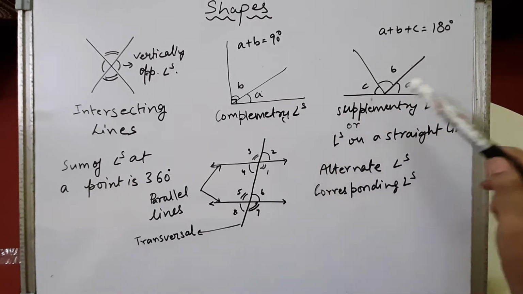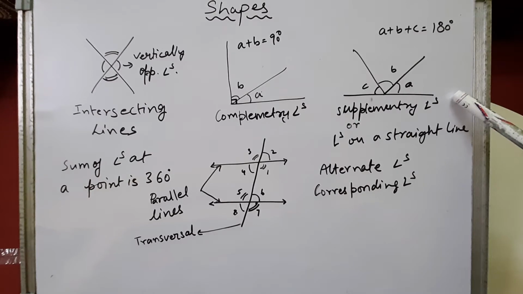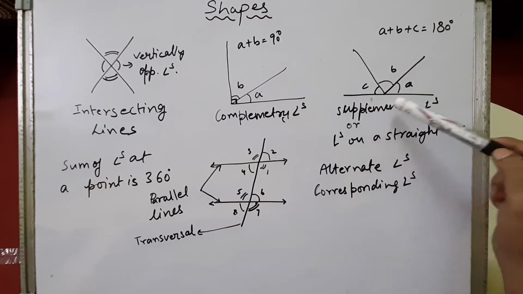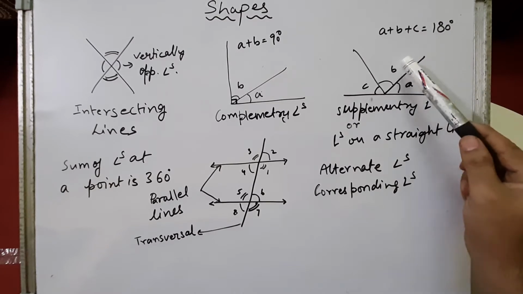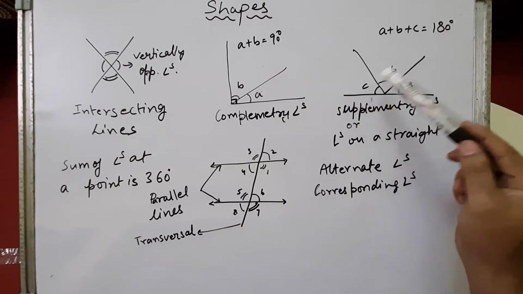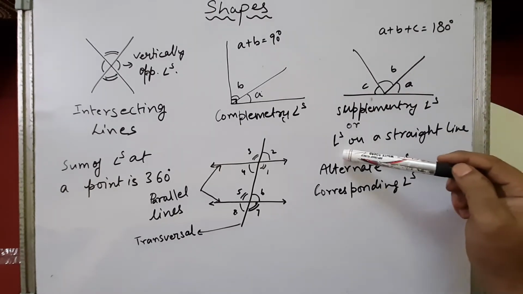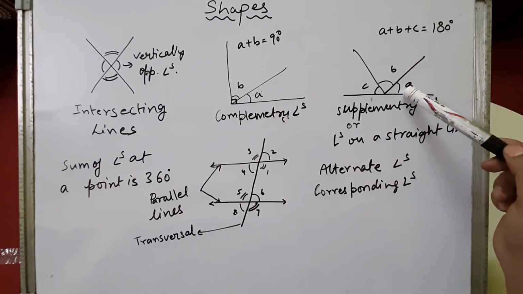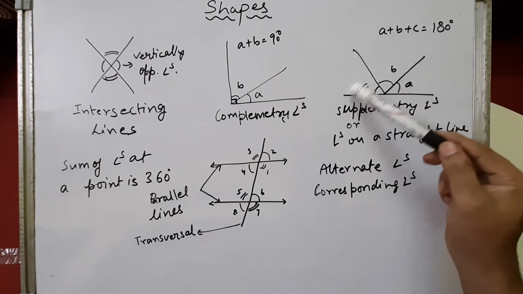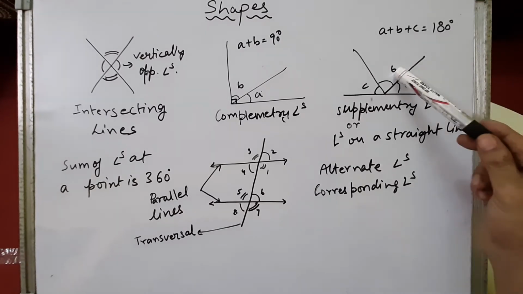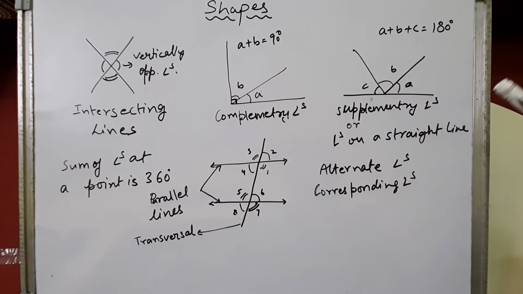Alright children, let's see this angle, supplementary angles or angles on a straight line. Whenever you see a straight line with a point where two or more angles are formed, here you can see that three angles are being formed, A, B and C. If we add these three angles, the sum will be 180 degrees. So we must know that angles on a straight line, or supplementary angles, always sum to 180 degrees. That means the measure of the angle from here till here is a straight angle which is 180 degrees. So when the sum of the given angles is 180 degrees, they are supplementary angles or angles on a straight line.